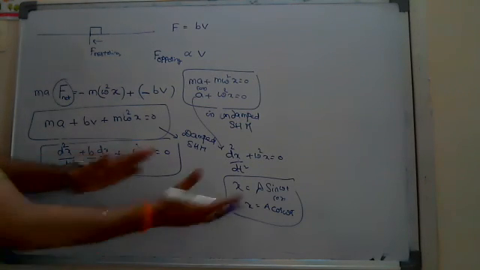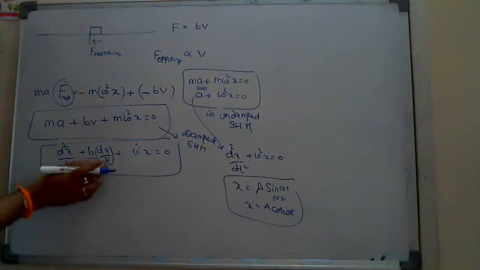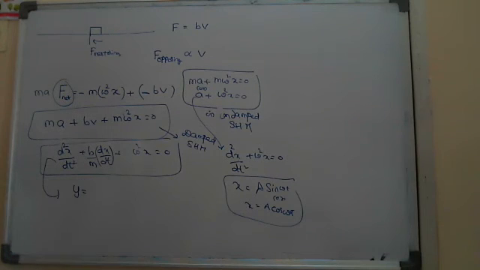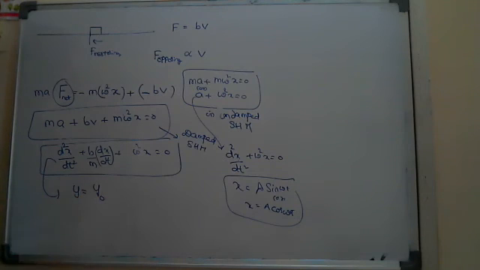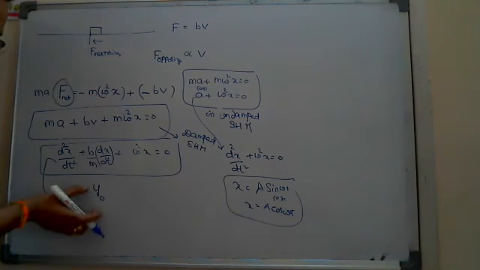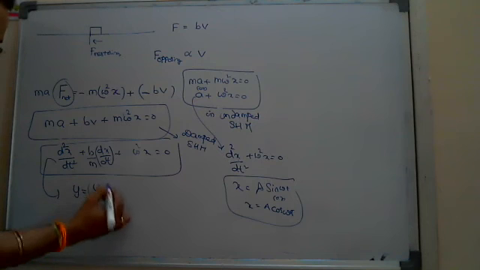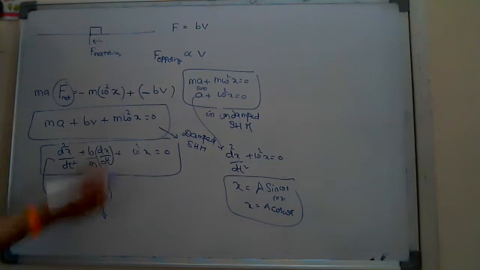Okay, so according to mathematics, what I write, since there is a first order derivative also there, I have to assume its solution in the form of the exponential term. So I write y is equal to y naught, meaning initial amplitude. That amplitude only, Nana, here, right? And that amplitude changes exponentially since there is first derivative.